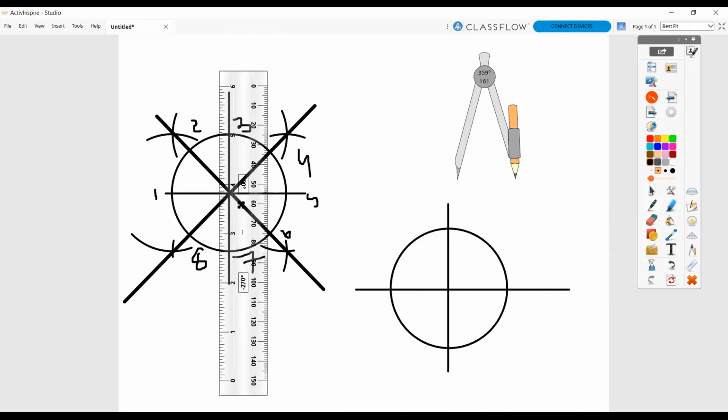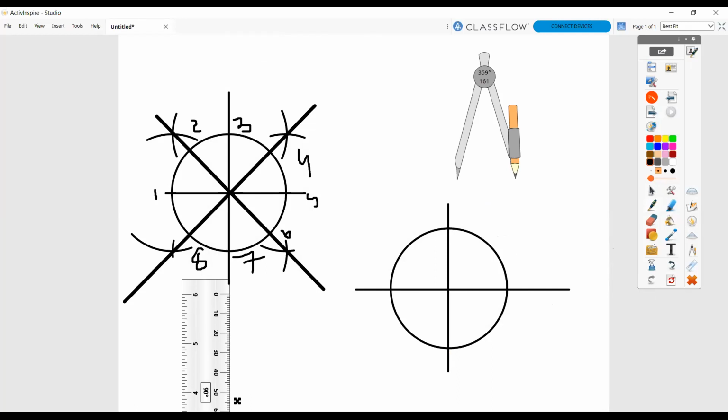Okay. Now we are making the 12 equal division of circle. Circle के 12 equal division करेंगे हम. Now we need the compass again. Just check the width. Is it okay? Yes, it is same. Okay.